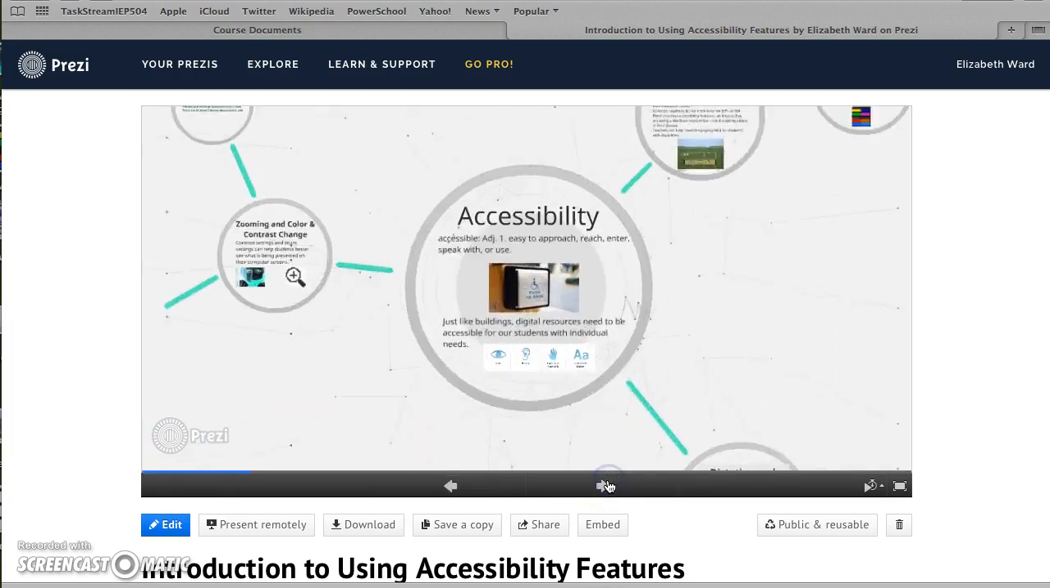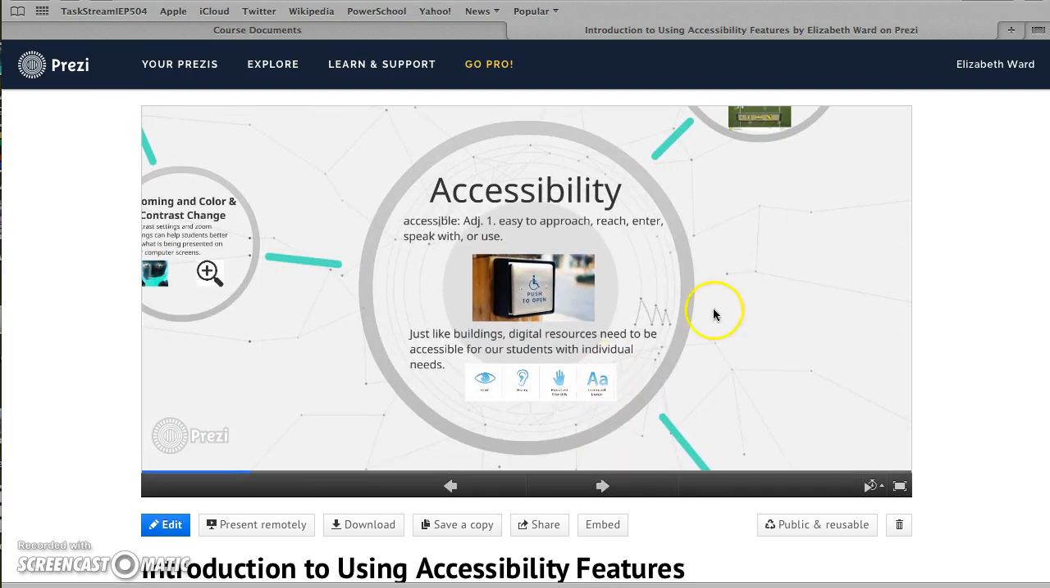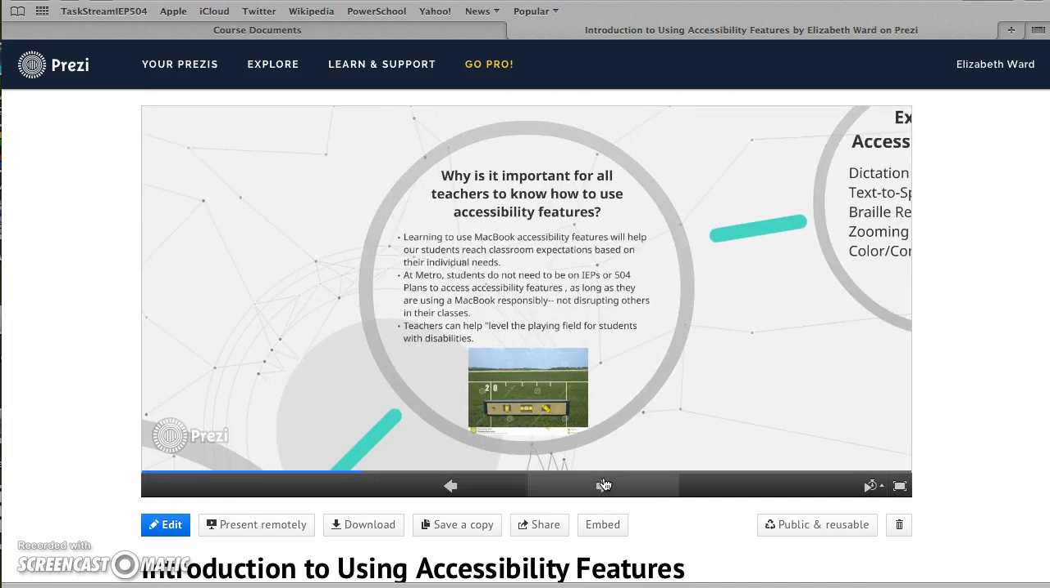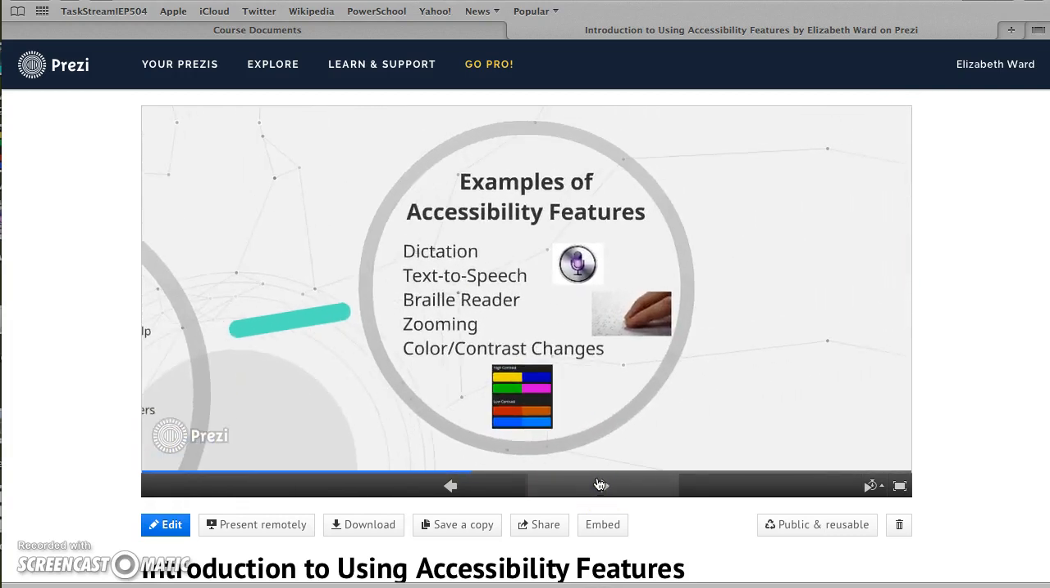It just outlines what accessibility means, and why is it important? I think the biggest reason why is because we need to level the playing field for students with disabilities. Examples of accessibility features. This is not all of them, but is definitely the gist of what we use at